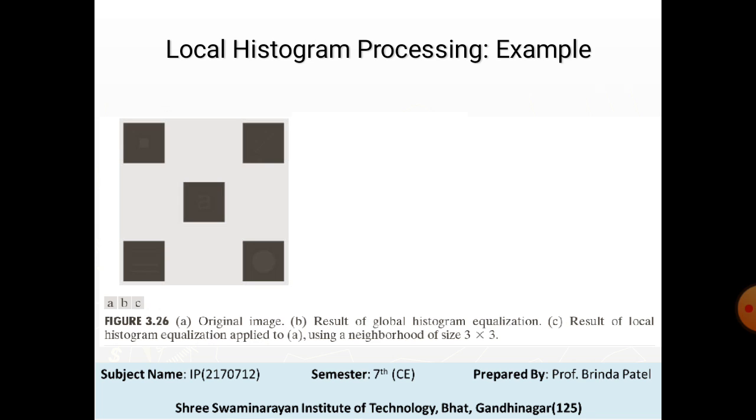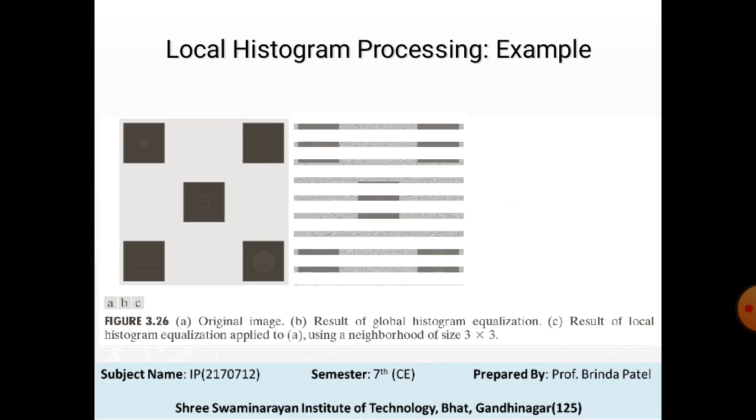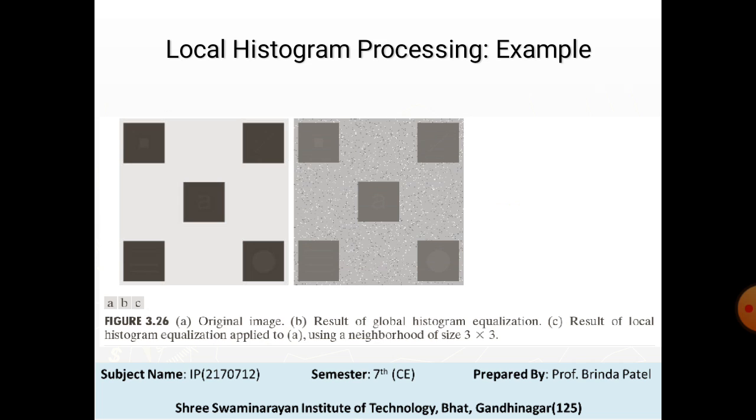Now here, figure A shows an image that has been slightly blurred to reduce its noise content. Figure B shows the result of global histogram equalization, as is often the case when this technique is applied to smooth noisy areas. Figure B shows a considerable enhancement of the noise with a slight increase in contrast. Note that no new structural details were brought out by this method.